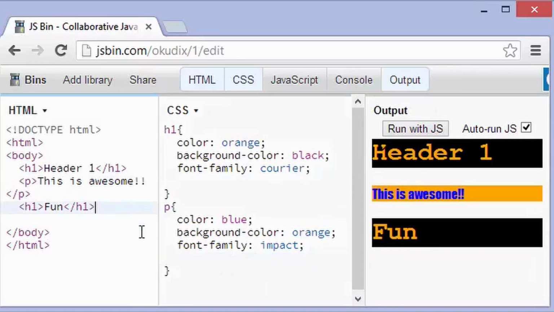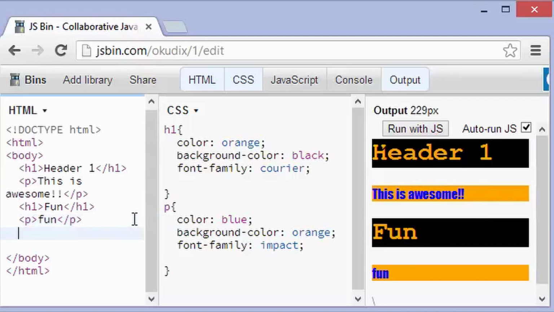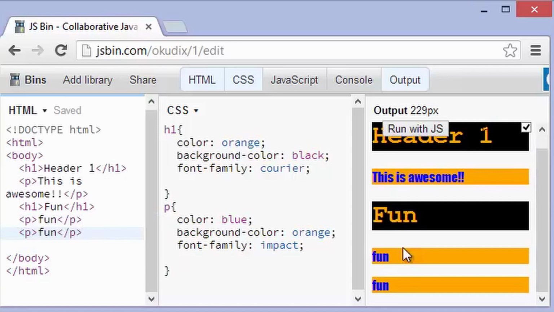So anything that's H1, and if we added another paragraph tag, we can say, fun as well, and we'll go /P, and you'll see that the paragraph tag works out like that. And if I added another paragraph tag, you can see that all of the style points affect that specific